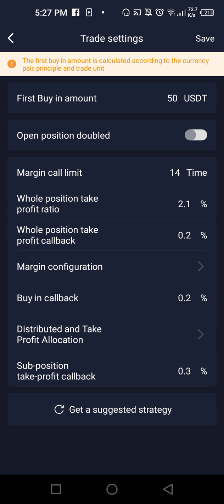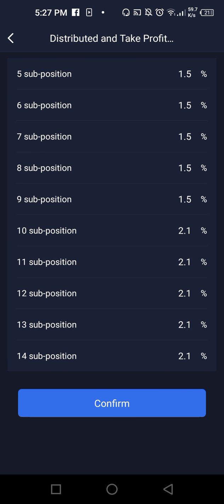Now, this next thing is actually interesting: distributed and take profit allocation. If we go into it, you notice that this is starting from the fifth position. This is closely connected to the margin calls. The margin call has had 1 to 14. Now you are saying 5 to 14 here. So from position 5, from the fifth margin call down to the 14th margin call, they are considered as sub